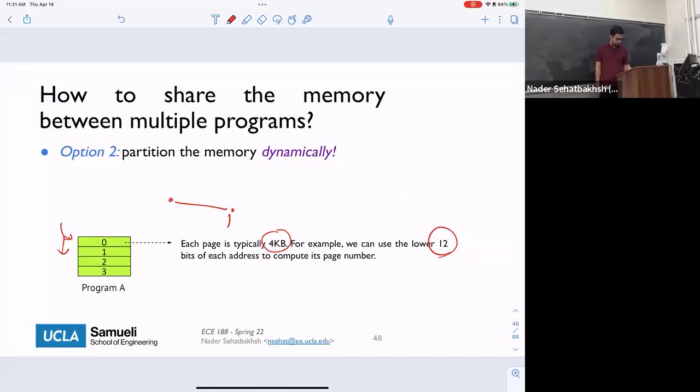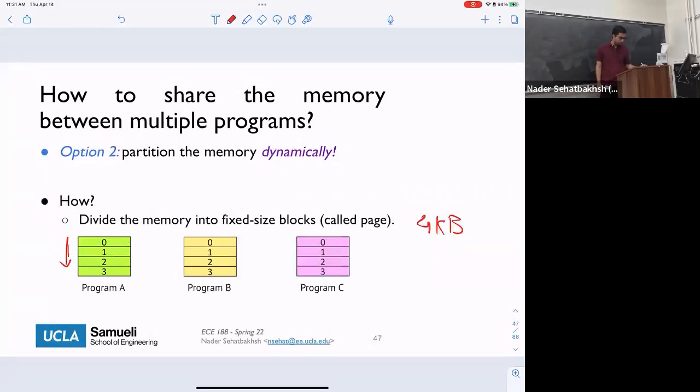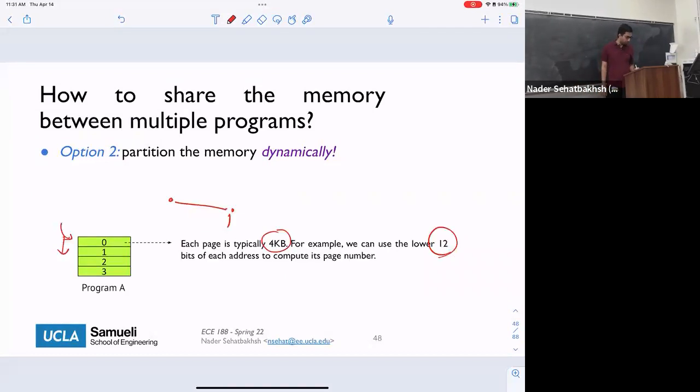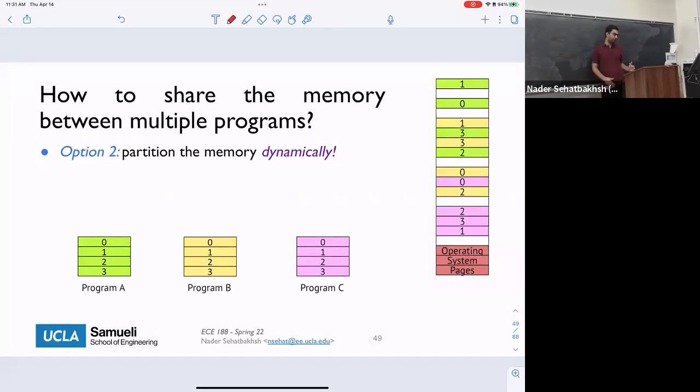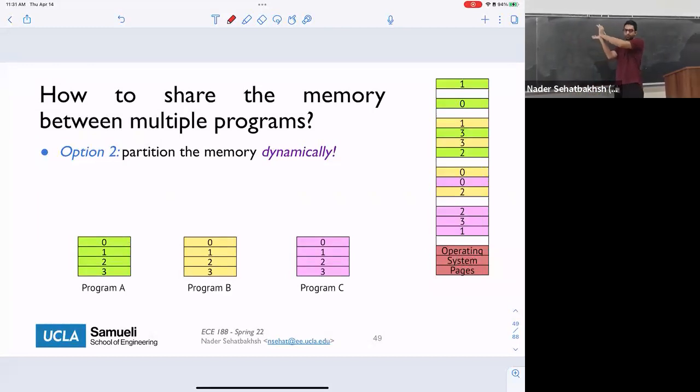Going back here, how do we use these pages to scatter programs into our main memory, and how would this help us dynamically partition our memory? Instead of assigning continuous parts for each program and pre-assigning them into specific fixed sizes, we're going to scatter these pages.